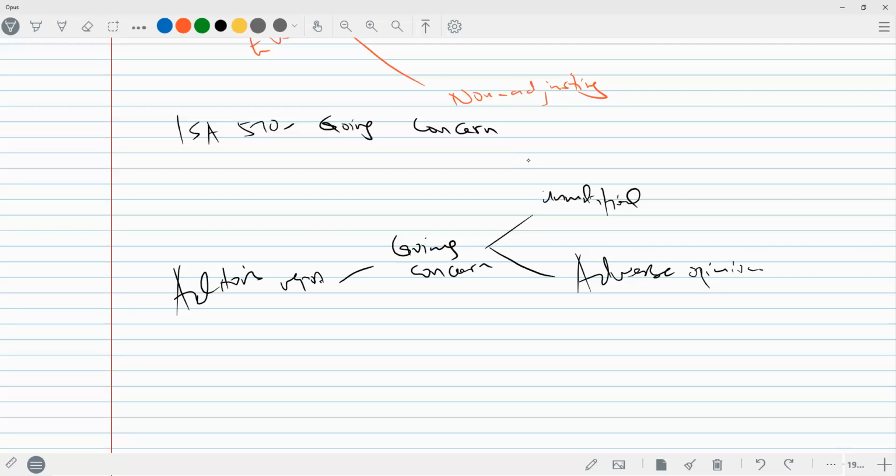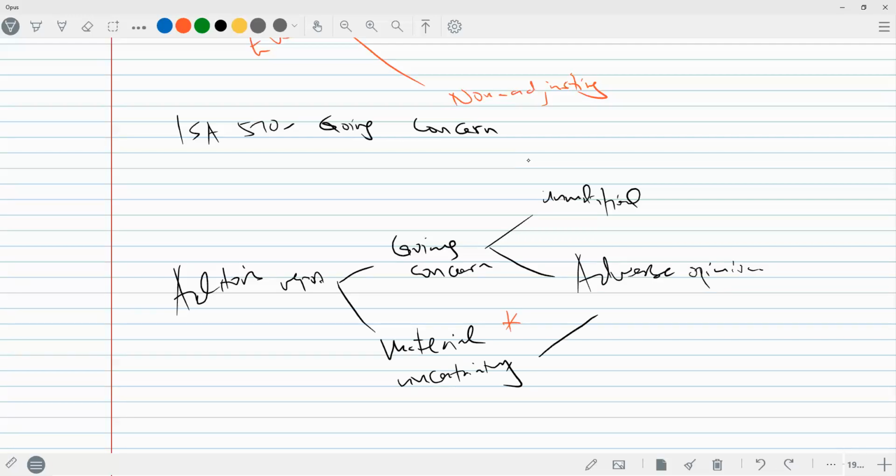Now, that is very clear. In case material uncertainty exists, the company is meant to make a disclosure. It's about the disclosure. Therefore, as an auditor, ensure that the management have gone ahead and made the appropriate disclosure with regard to that material uncertain event. If the disclosure is appropriate,